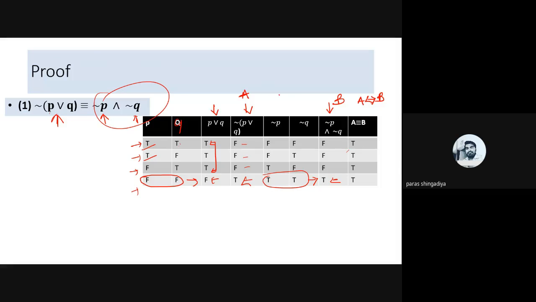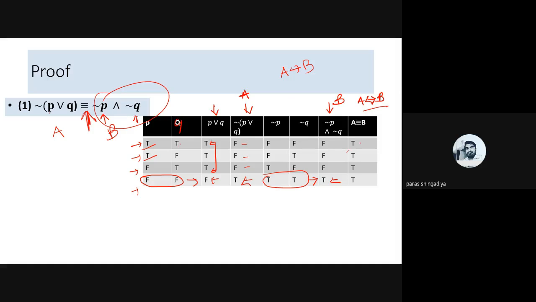So now we have all this data, and in the last stage we'll check the biconditional rule. We'll apply the biconditional to both of these parts. You can consider an arbitrary name for each part. Let us say this one is A and this one is B. And we'll check A biconditional B to see whether it is logically equivalent or not.